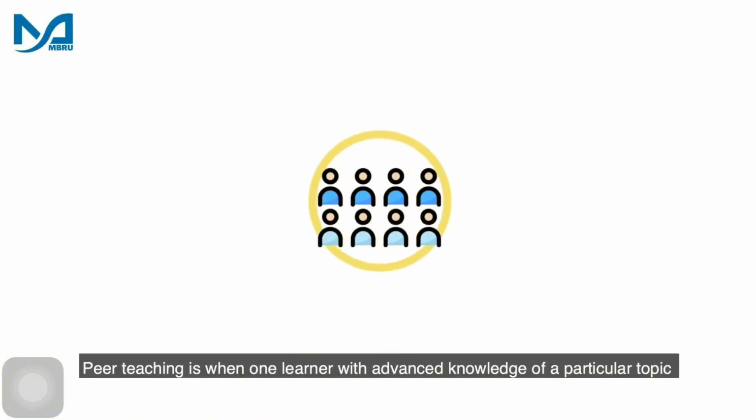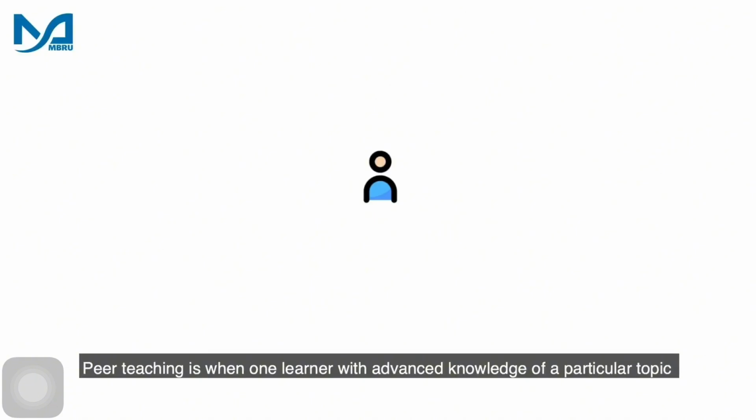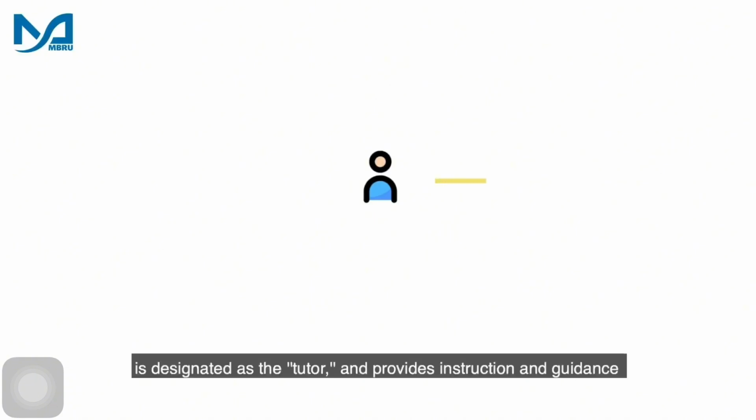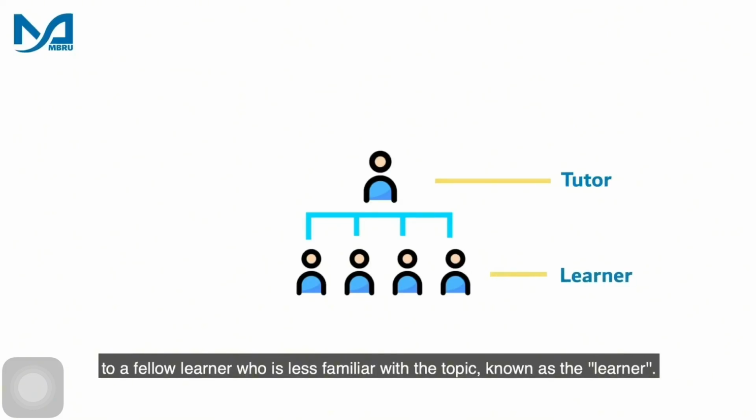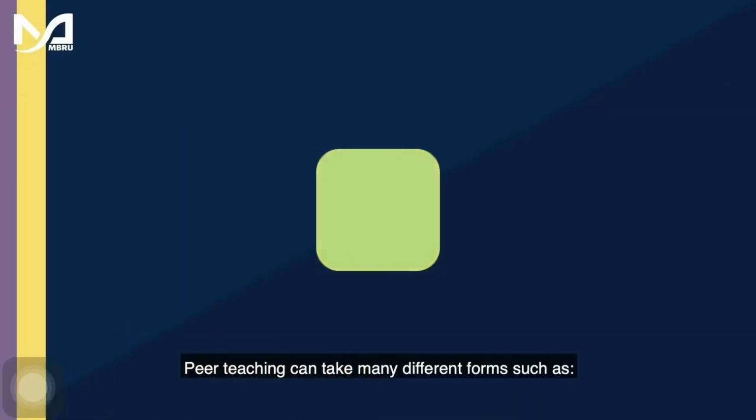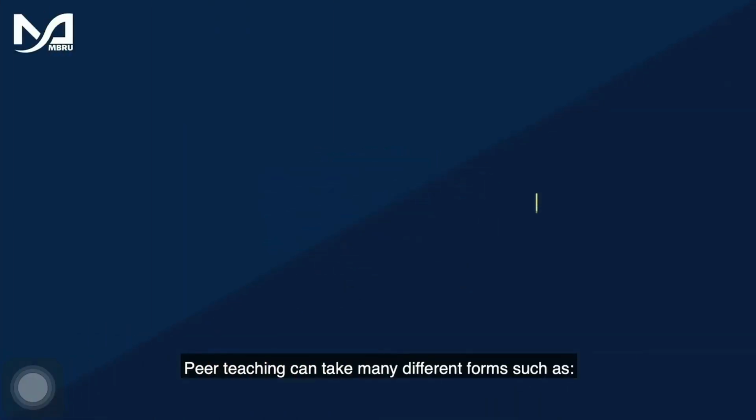Peer teaching is when one learner with advanced knowledge of a particular topic is designated as the tutor and provides instruction and guidance to a fellow learner who is less familiar with the topic, known as the learner. Peer teaching can take many different forms, such as